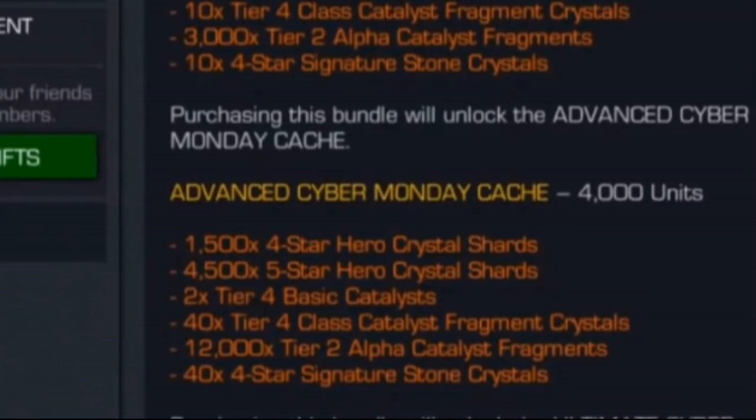8,000 5-star hero crystal shards, at least. That's just a 2-to-1 ratio, right? Not 4,500. That's a joke. Now, of course, normally these are just trying to get by the bouncer at the club,